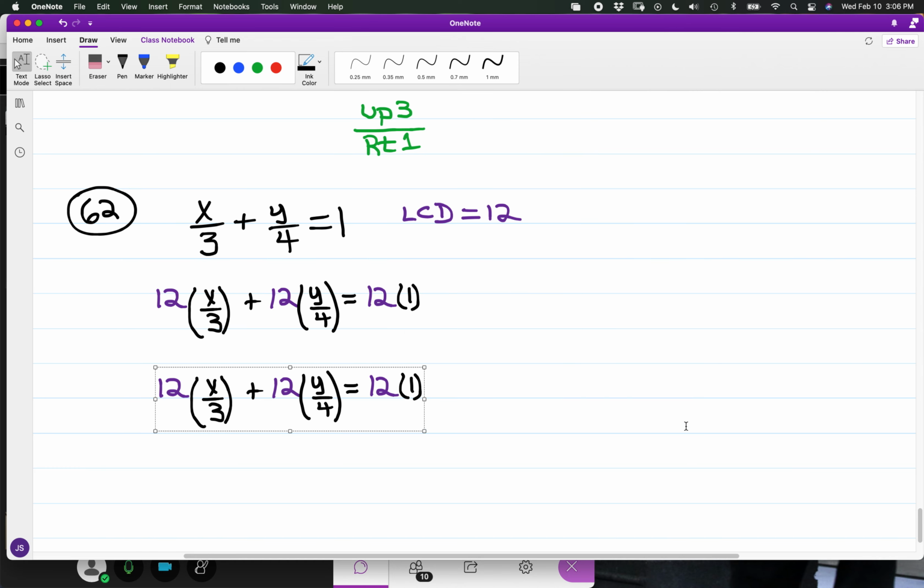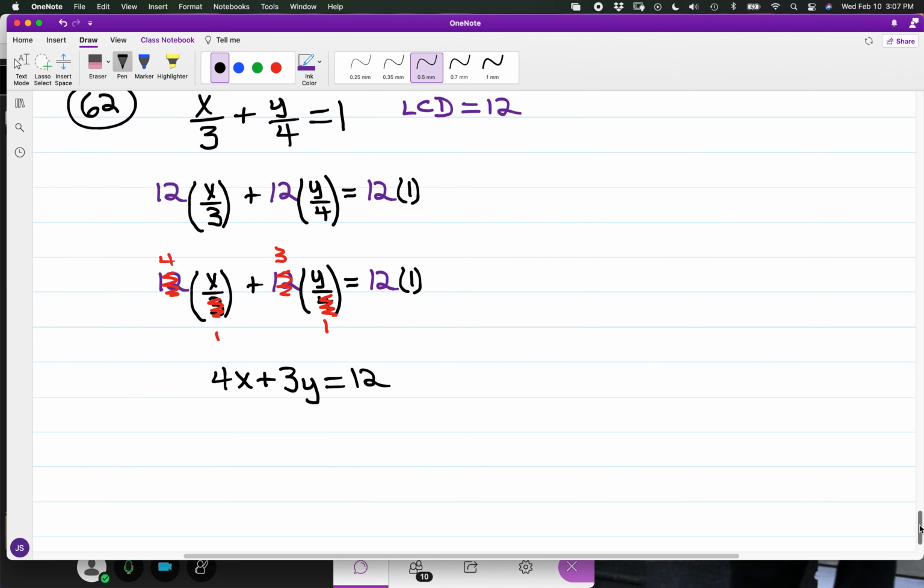I have 12 times x over 3. And 3 will go into 12 4 times, canceling out 3. 4 will go into 12 3 times. So in the rewrite, we have 4x plus 3y is equal to 12. And if I isolate the y term,